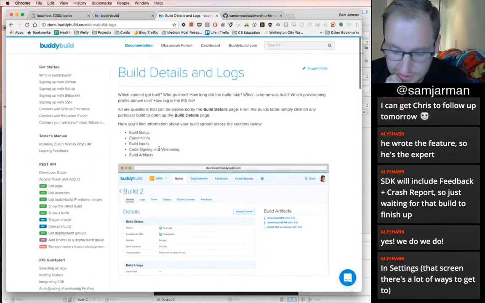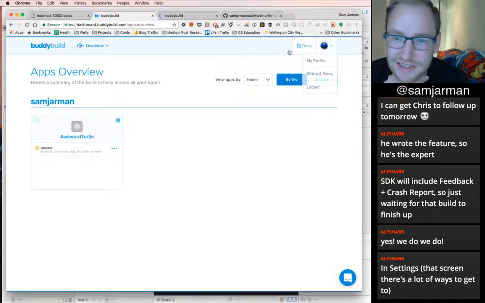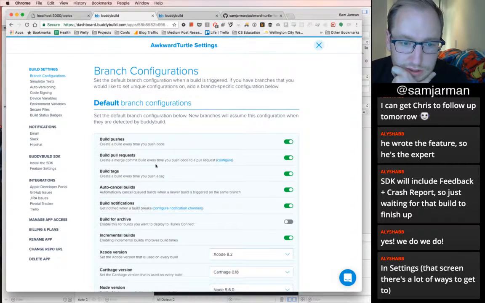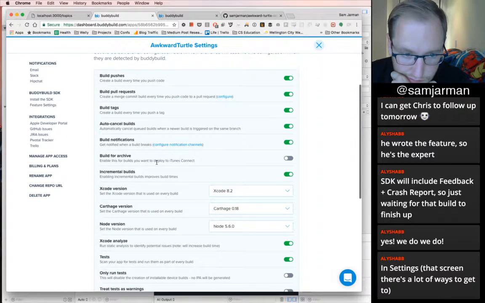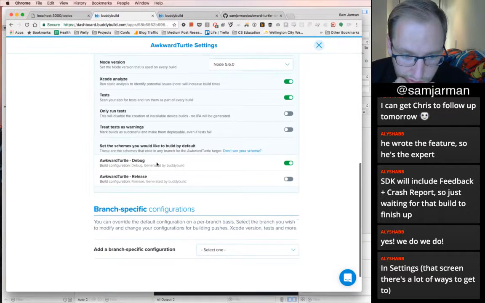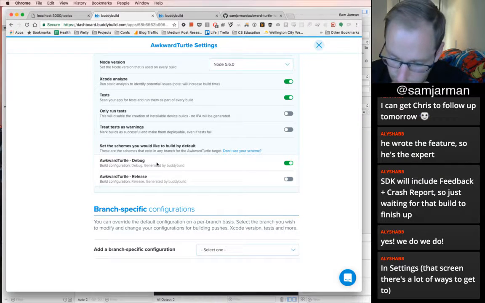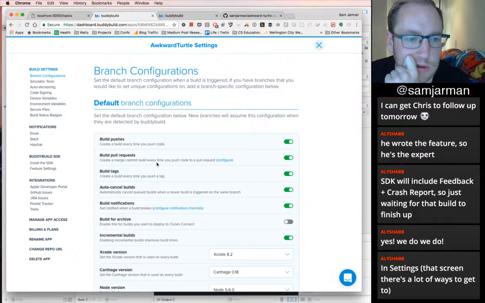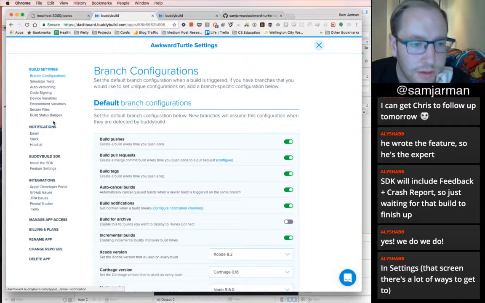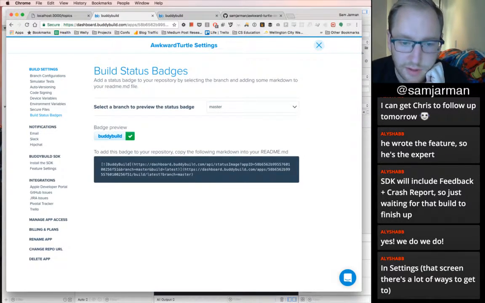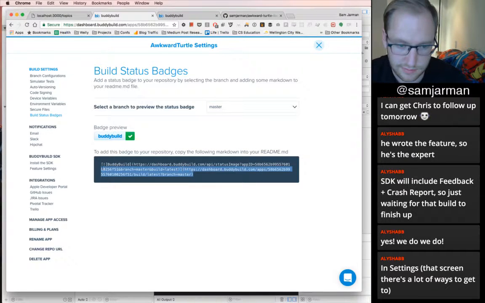In settings, the one that there's a lot of ways to get to. Okay, docs in a different domain, so I'm going to go back. Oh, I got lost. There we go. Settings. Where would I find it? Build status pages. See that. Cool. Found it. Excellent.